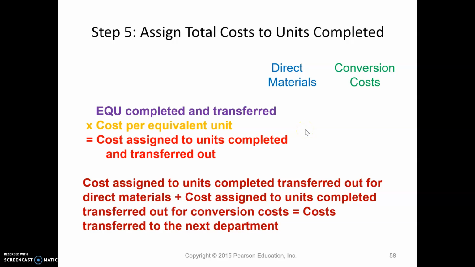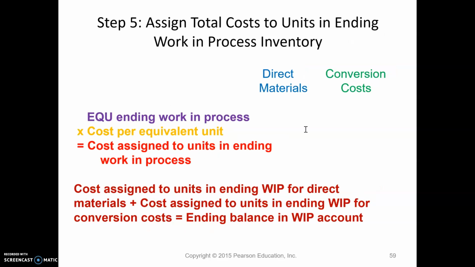The total cost would be the direct material cost per equivalent unit plus the conversion cost per equivalent unit. You could do it both ways without having to break it out into so many steps. But then we also want to assign the total cost to the units in ending work in process inventory. And this one we do need to do for direct materials and conversion costs and then add the totals together